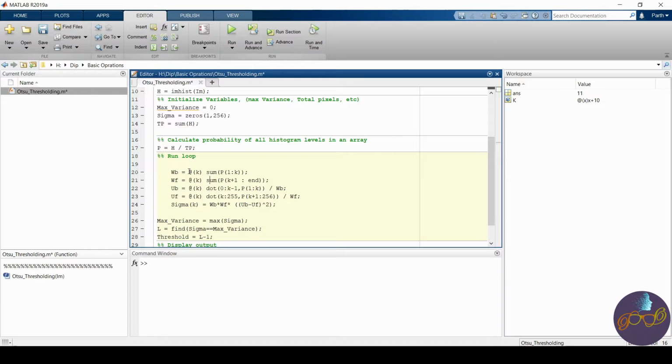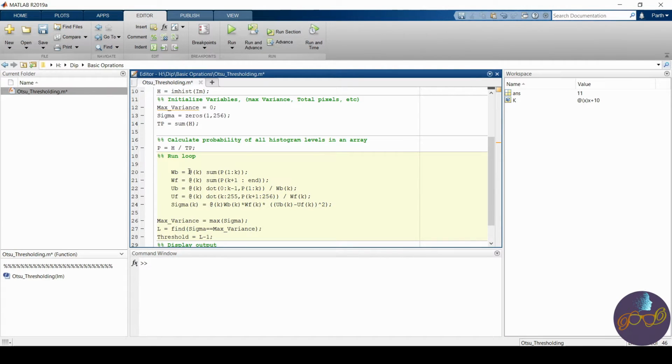One more interesting thing: here it is omega b, but I have to call its function here, so it will be omega b of k, same as here k. And here also. I will copy this and paste it wherever required.